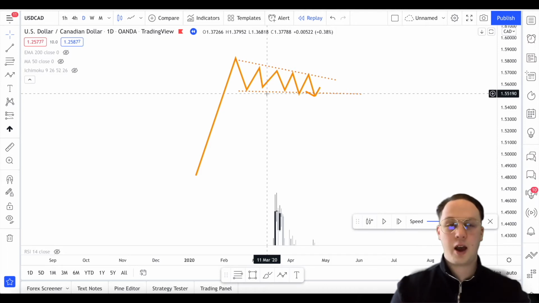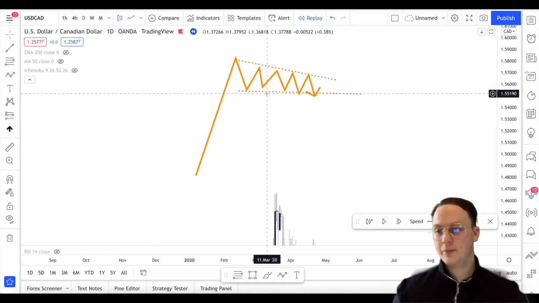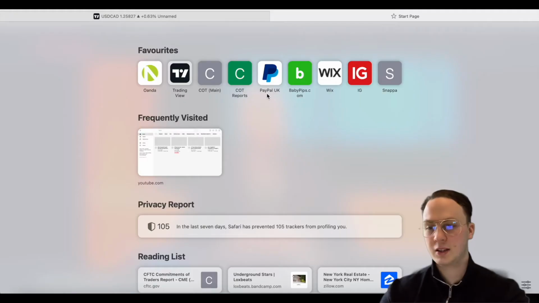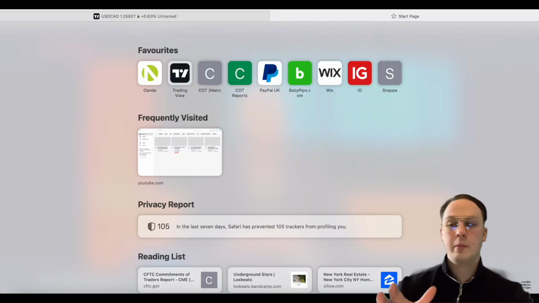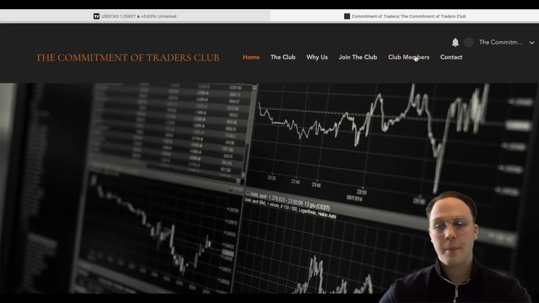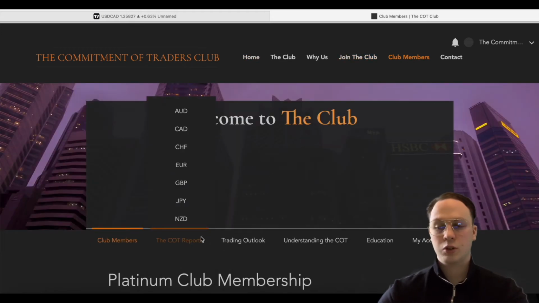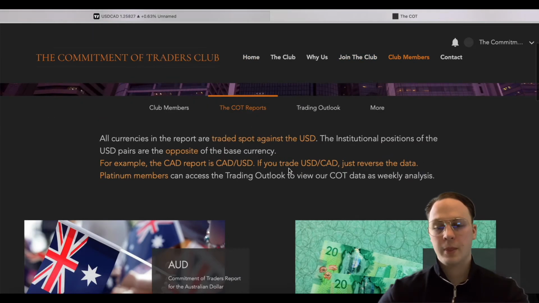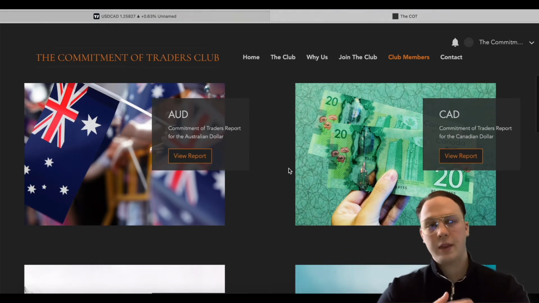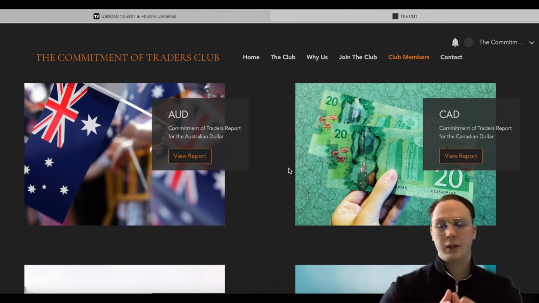Now, in identifying whether it's moving to the upside or the downside, you want to be looking at, first of all, your commitment of traders data. If you're unfamiliar with the commitment of traders data, head over to commitmentoftradersclub.com, become a member, and what you'll find here over on our site is what's called the Commitment of Traders reports. And these are reports published by the banks and institutions every week,